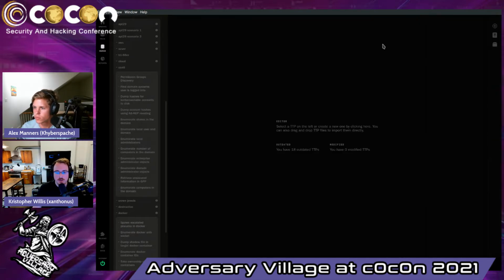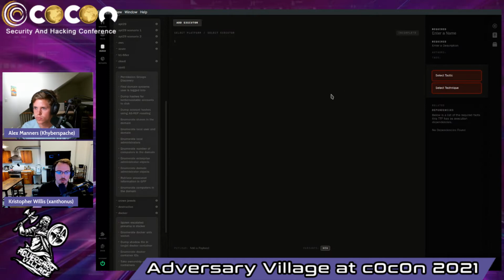So let's say if I wanted to create a new TTP that wasn't currently in our system. You could hit the plus button up here at the right, and then create a new TTP. So in creating a new TTP, we make it really simple. You go in here, type in the executor. So in this case, if I wanted to do Linux,